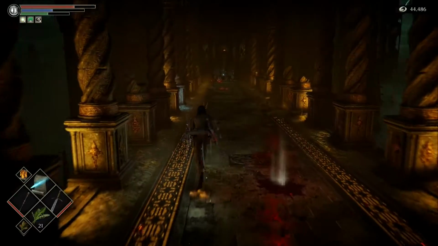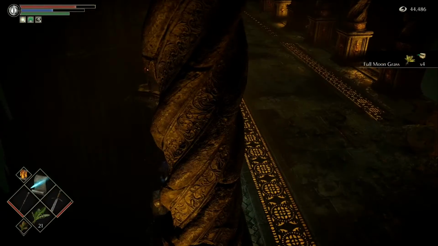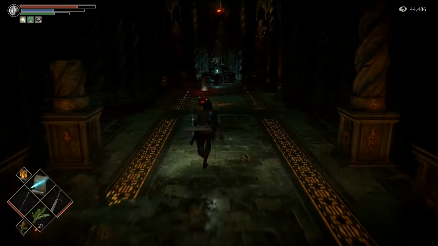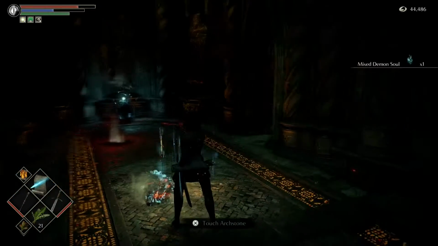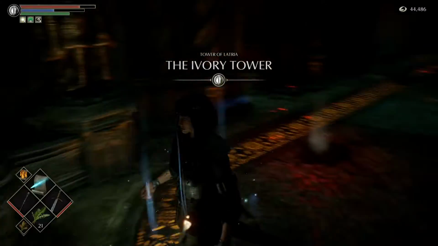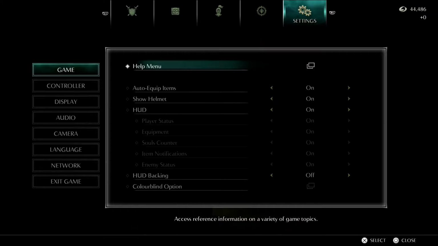Once you have picked that up, we're going to pick one more piece of loot here, and then we're going to proceed to the boss. So, the thing about this boss is that the next boss is a PvP fight. If you put down your summon sign, you will be summoned as a black spirit. And if you're summoned as a black spirit, you're going to be pretty much 1v1